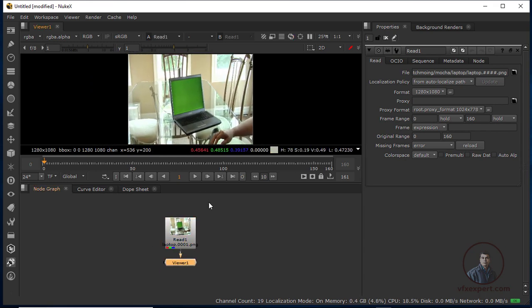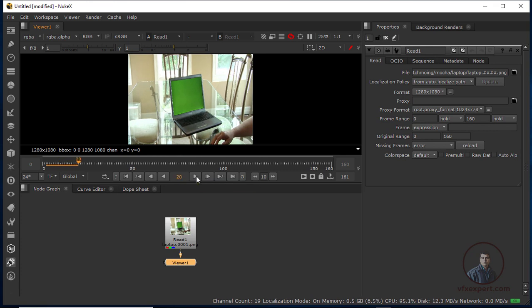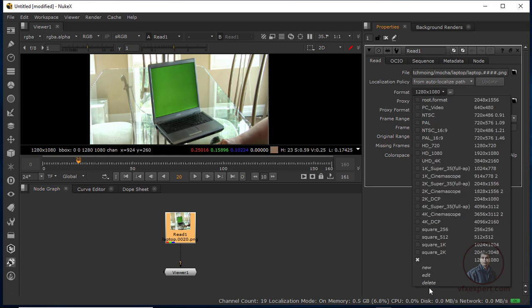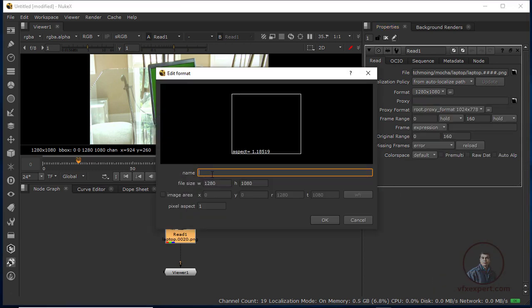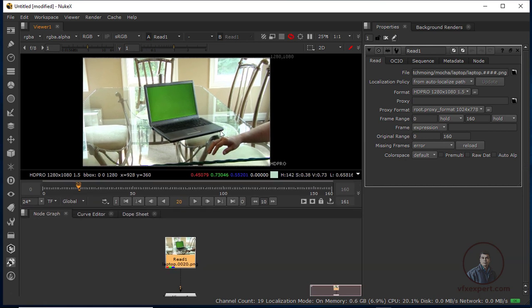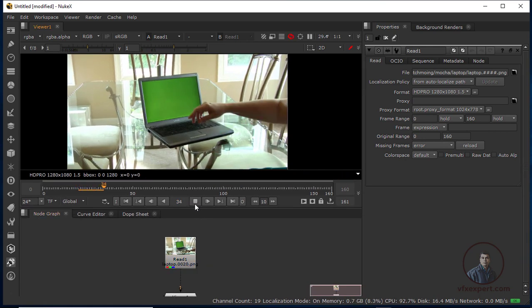So in this footage first we have to correct our pixel aspect ratio, which is 1.5. So now first we have to reformat this. So just double click on your footage. In format option just simply click here, and downside you have to edit this one. Now simply click on edit, then simply give a name. Any name you can give here. Now pixel aspect, this is important, you have to type 1.5, then simply click on OK. Now see, here you have successfully corrected your pixel aspect ratio. Now your footage is looking good.